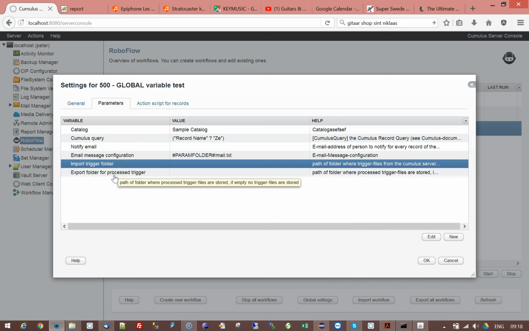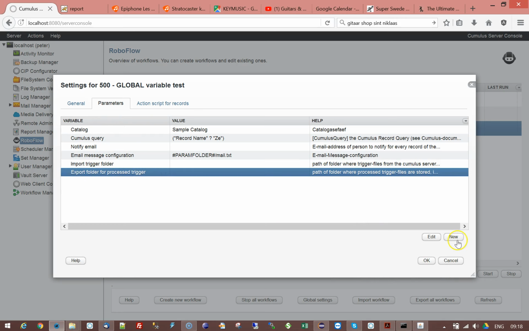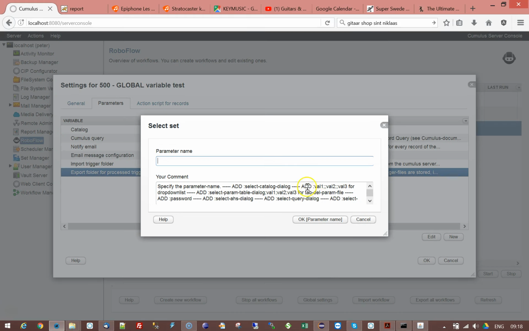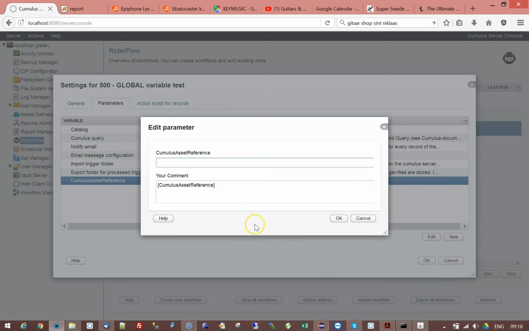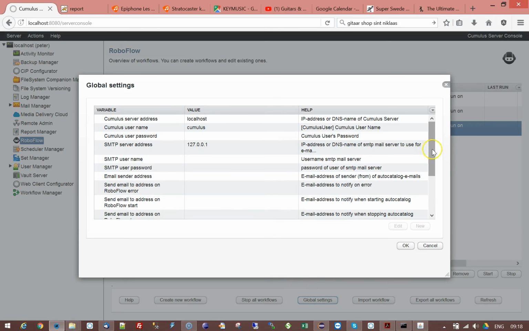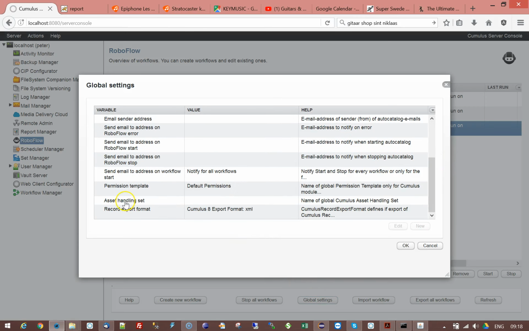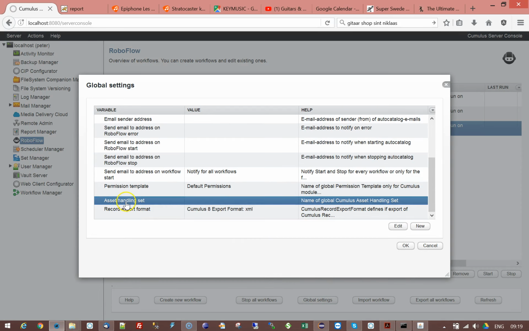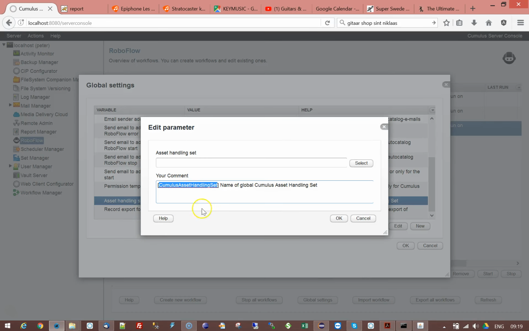So if there are variable names, so for instance, if I were to add here Cumulus asset reference, this is the technical name. If I look here, oh, it's not even correct. Wait, we can check it here. Yeah, it's abbreviated. So you see here asset handling set, but in reality the technical name is Cumulus asset handling